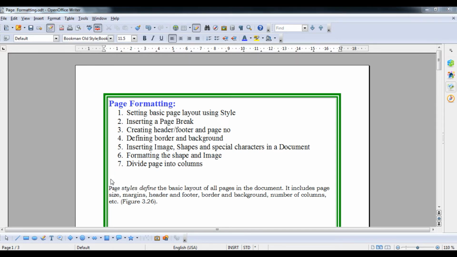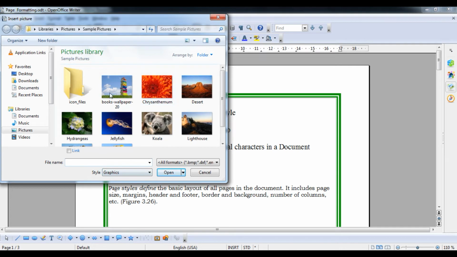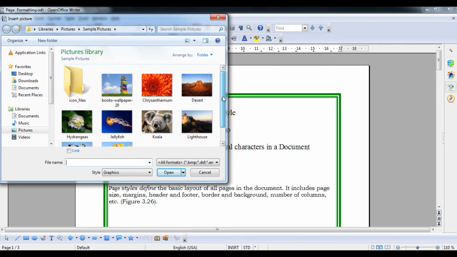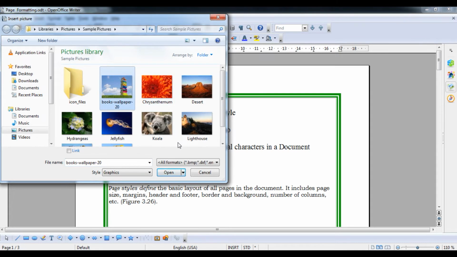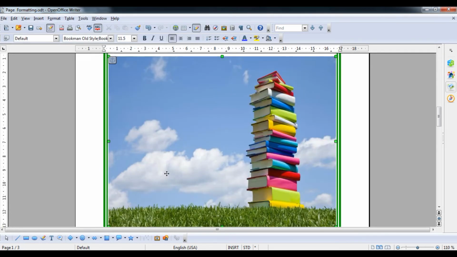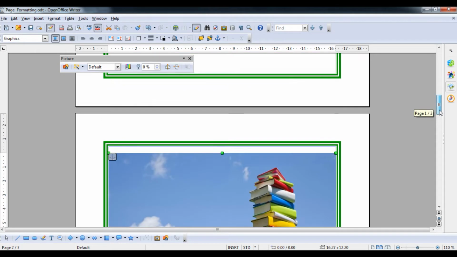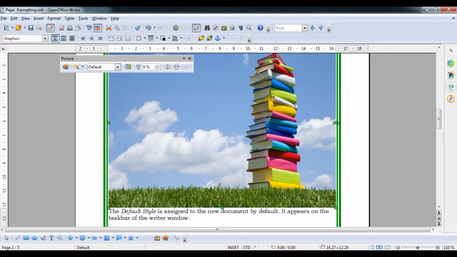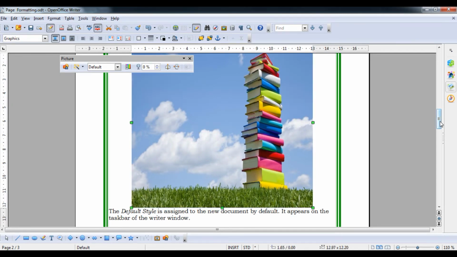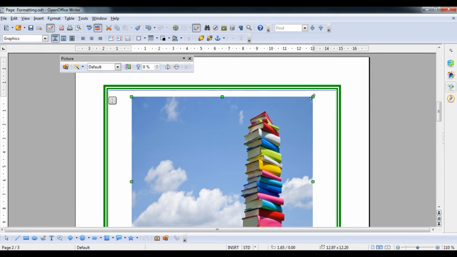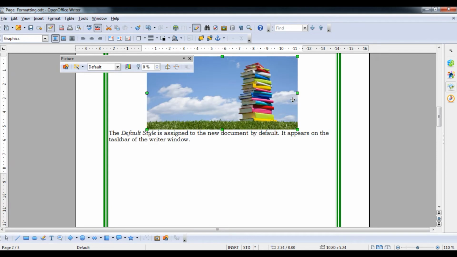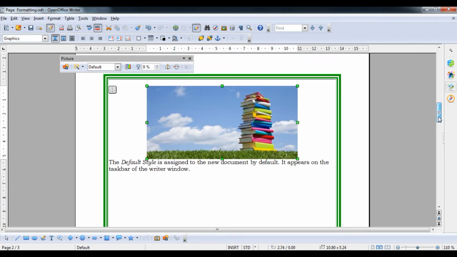Now we are going to use From File. Select the From File option. It will open the Insert Picture dialog box. You can select any of the pictures that you like. So in the traditional way I am going to insert a picture like this one, the same book example. Now you have to open it. You can see the picture comes in its original size. You don't have to worry about that. You can see these particular points given there. With these points you can resize it according to your requirement. So you can resize it.